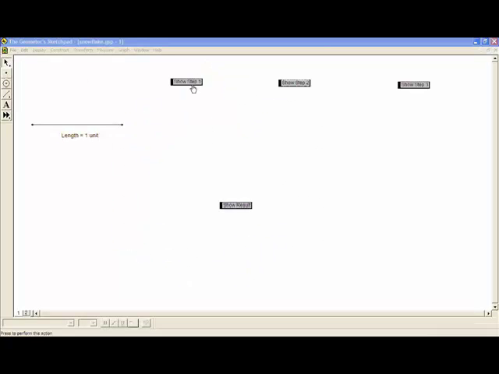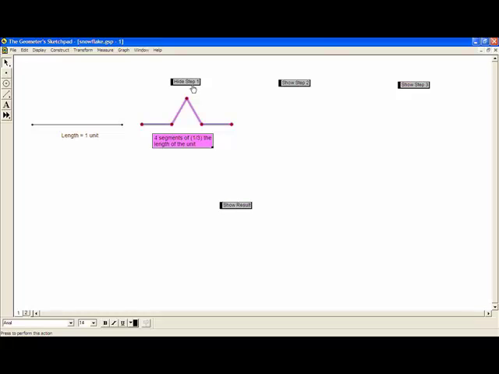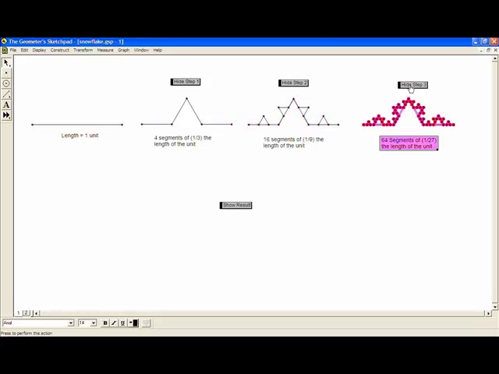Let's take a look at the perimeter of Koch's Snowflake. First, you have a segment of length 1. Now, if you change it, you can divide it into 4 segments of length 1/3. If you divide it again, you get 16 segments of length 1/9. If you divide it one more time, you find 64 segments of length 1/27. As you can see, at every step there are 4 to the nth segments of length 1/3 to the nth,